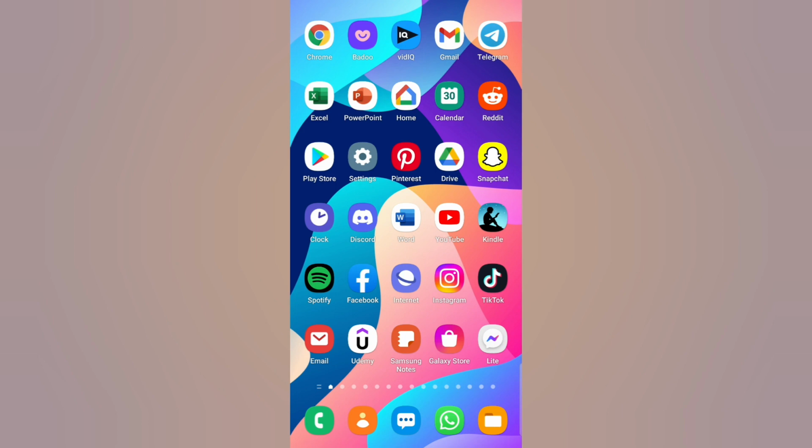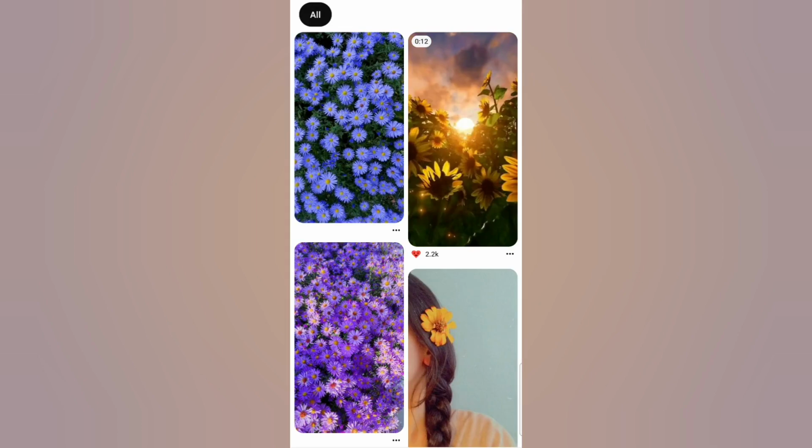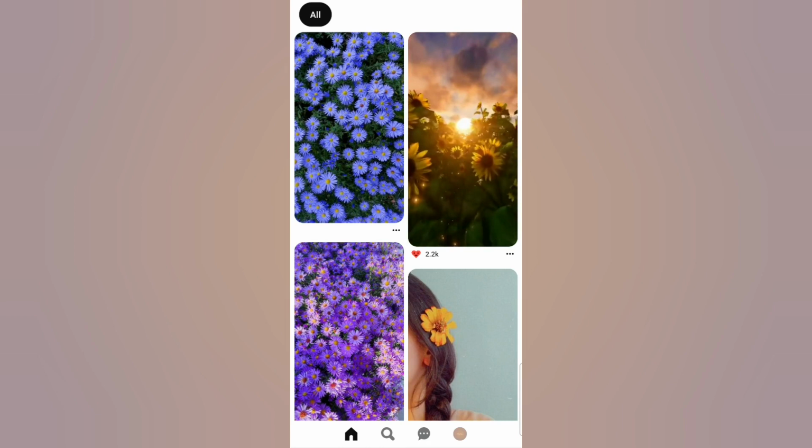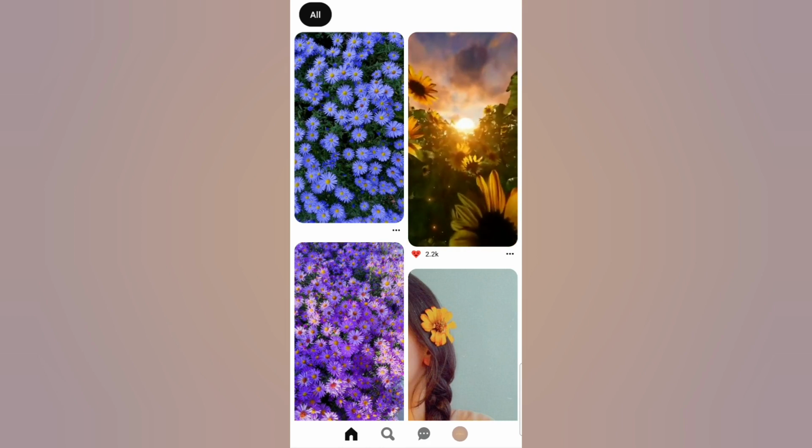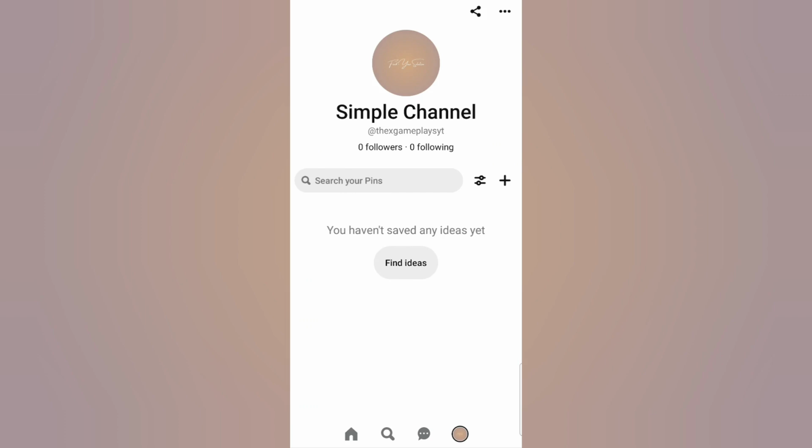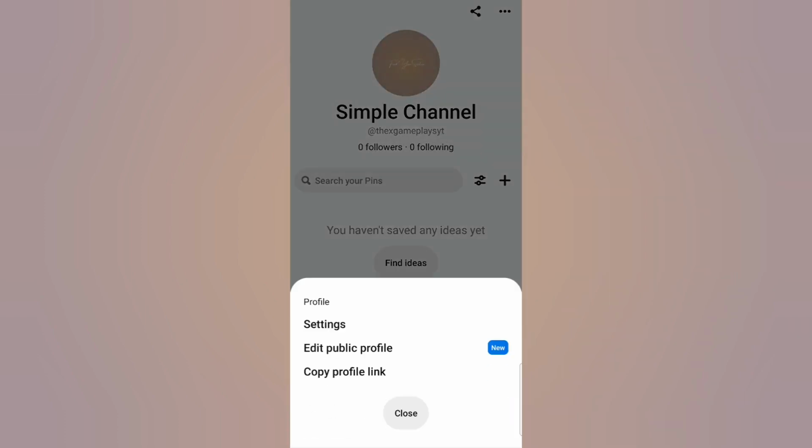Go ahead and open up the Pinterest app and log into your account. Once you do that, click on the profile icon at the bottom right of the screen, and then click on the three dots at the top right of the screen. Here you want to click on settings,